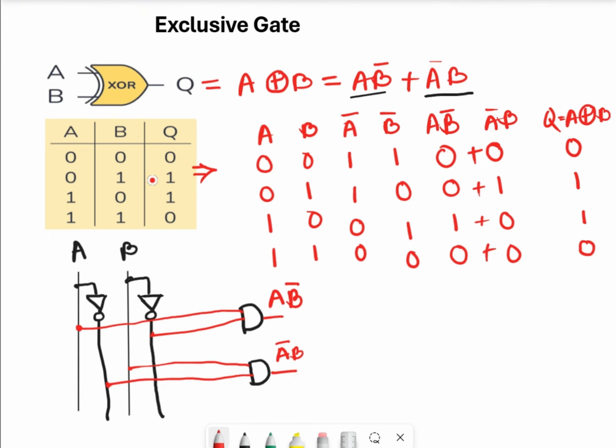Now we have to sum up these two. So we have to use an OR gate. So this is an OR gate, and of course the output is Q. So this one is connected, one with this one, another with this one. So the output is A exclusive-OR B, where two opposite inputs give the output 1, and if two inputs are similar, indeed we can't find